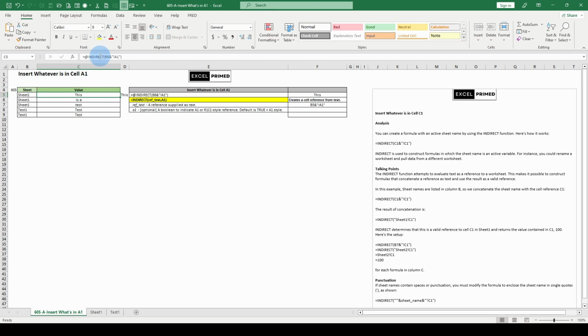We have INDIRECT and we are pointing to Sheet1. We want to grab A1. It's the exact same thing. We want to go here. We want to grab whatever's in B6. You can just go equals Sheet1. There. That's it. The next point of confusion is, well, what if I want to grab more than just a